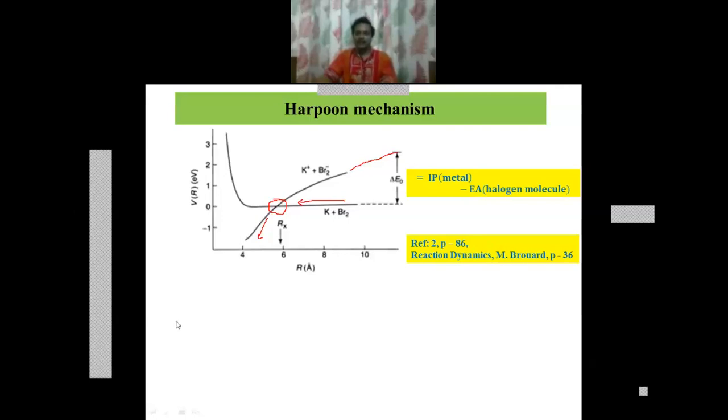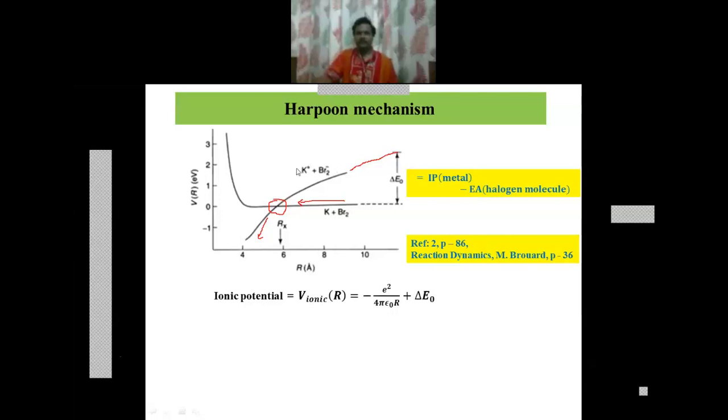Let me write this. The ionic potential, the resultant potential, is like e squared by 4 pi epsilon r, where r is the distance and e is the charge of the plus and the minus. So, that is e squared plus delta E, the energy required to